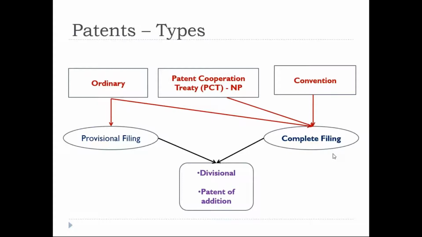Generally, it will take a minimum of 1 year, and that too in a very, very rare case, if you are an individual. I'll explain what an individual is, what a small entity is, and what a larger entity and startup are. Don't worry about it. But as of now, understand that if you are an individual filing a patent in India, generally it takes a minimum of 1 year and a maximum of 8 years, right?